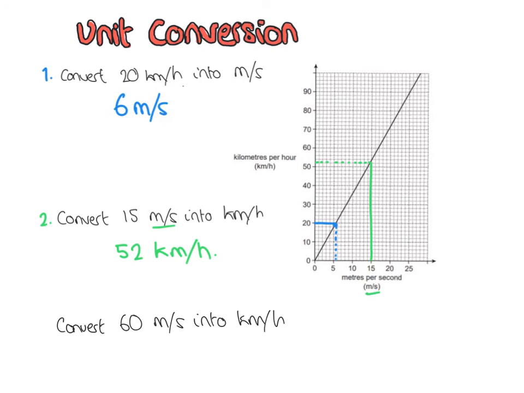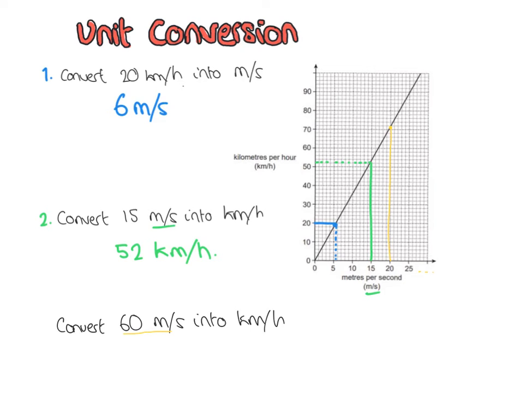Right, this third one we're going to look at is a bit more interesting because we want to go 60 meters per second into kilometers per hour, but our graph doesn't go up as far as 60. So what are we going to do? Well, we can see that the relationship is a straight line, which means it will continue on like that off the page. So what we need to do is say, okay, well, we can work out what 20